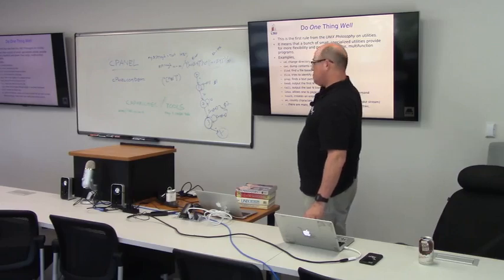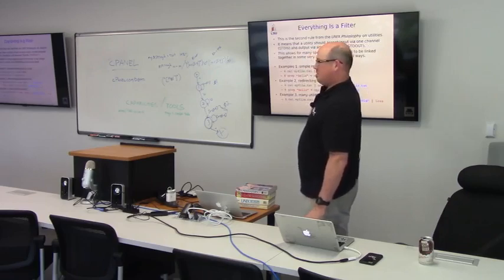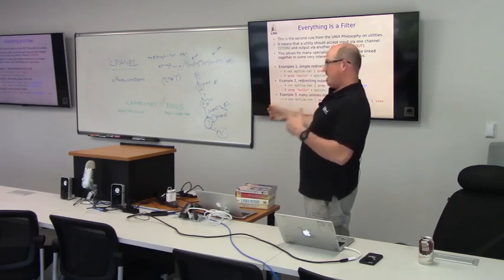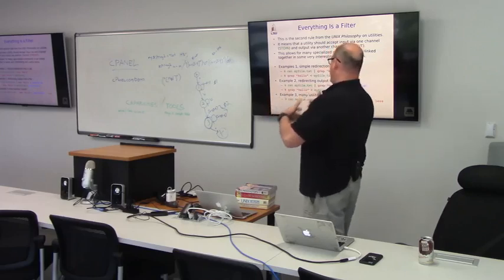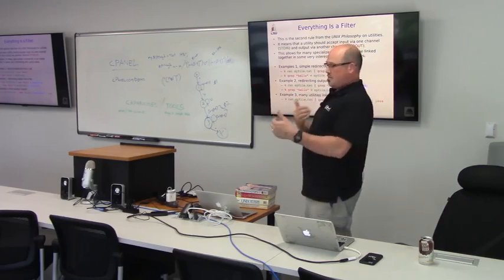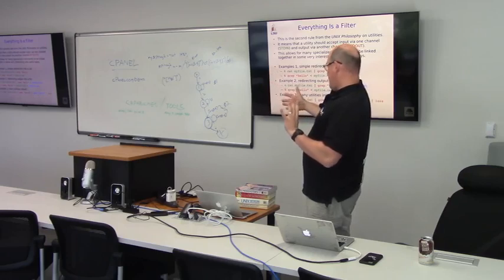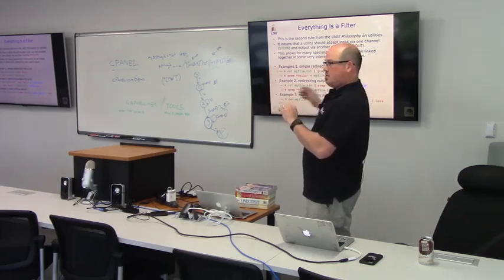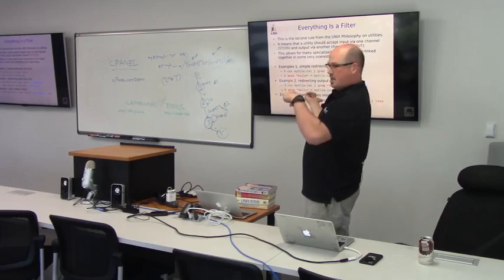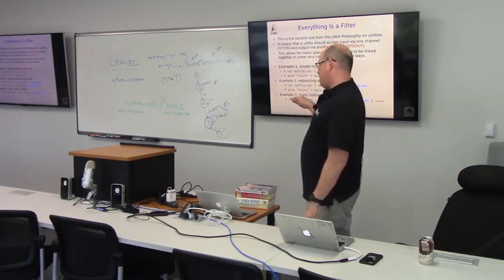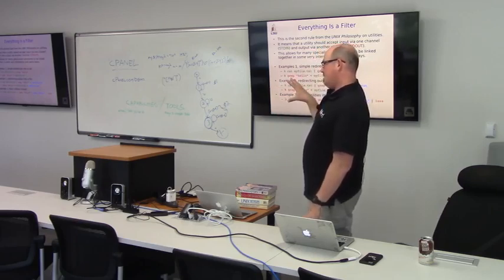Special utilities do a very focused thing very well, and everything is a filter, right? So it either accepts input or it prints out, okay? The stream of data that is being accessed as input for a program is referred to as standard in, and whatever is getting dumped out of the program is referred to as standard out. So there's an input channel and an output channel, and that's where the filter analogy comes from. There's also another channel called standard error that does not get into standard in.